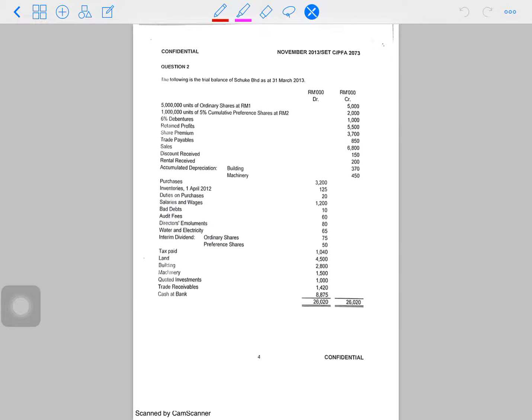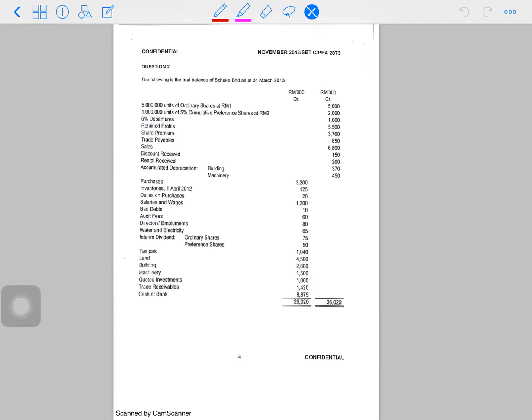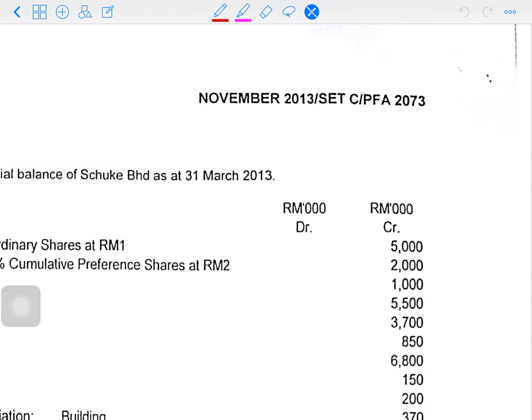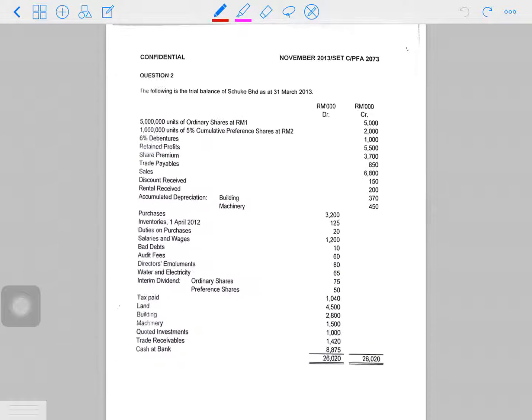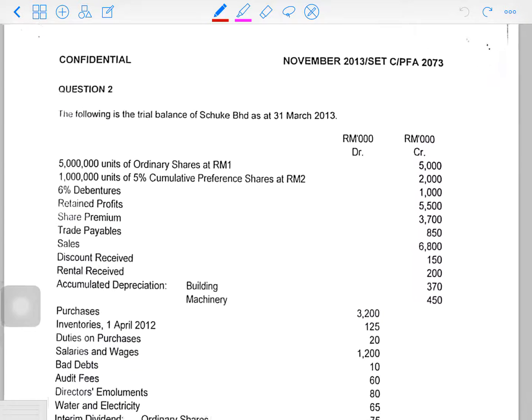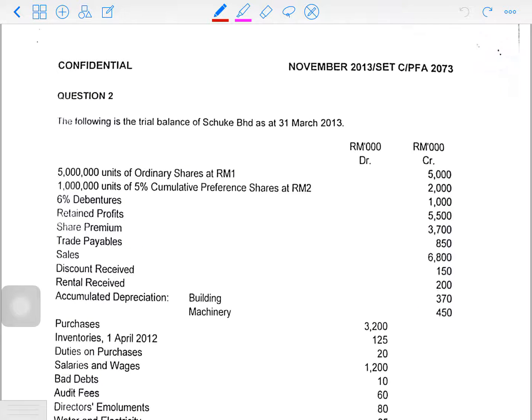Okay, so today we're going to look at another past year exam question, which is November 2013. Normally, in your final exam question, as I have mentioned earlier in other discussions of similar topics on past year exam questions for published accounts,